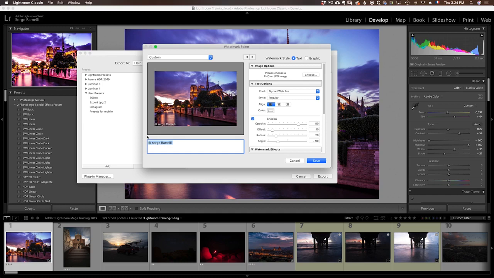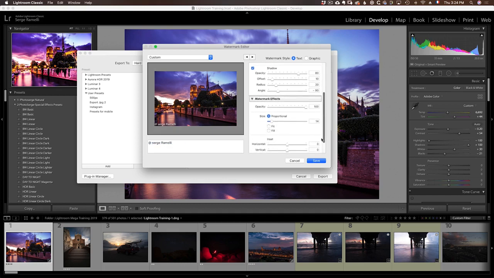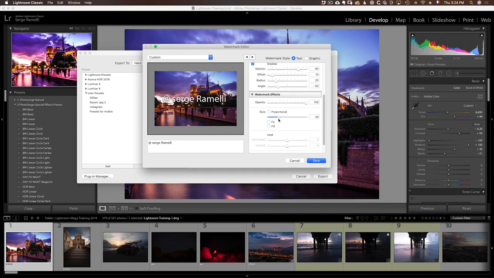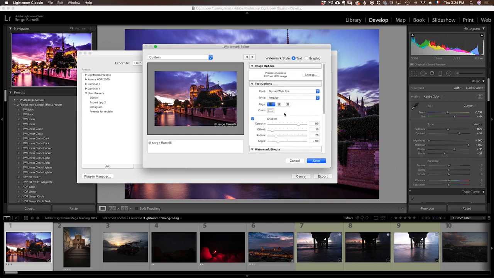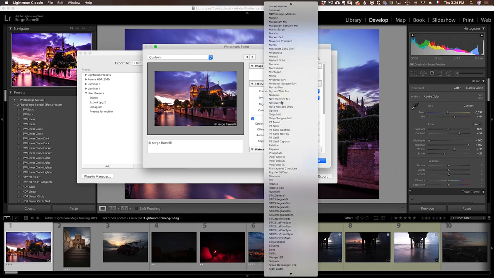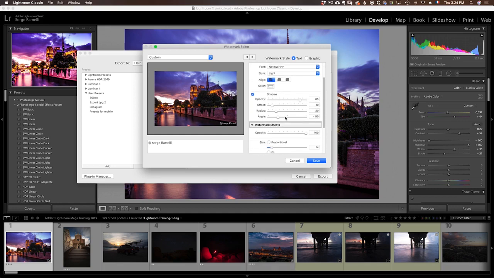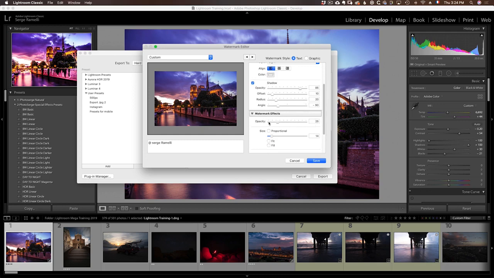We start with some text, and you can position this wherever you want. You can see here in the anchor, it's on the left side. Usually people put it on the right side. I wouldn't put it on top, or you can go in the middle if you want to really annoy people, like I do. Some people do that. I think it's better to do it here. And you can choose the different fonts, the opacity of the shadows, the opacity of the overall watermark. You can see here in small and big. The size, you can make it fit or fill or proportional, where you can use the size how you want.